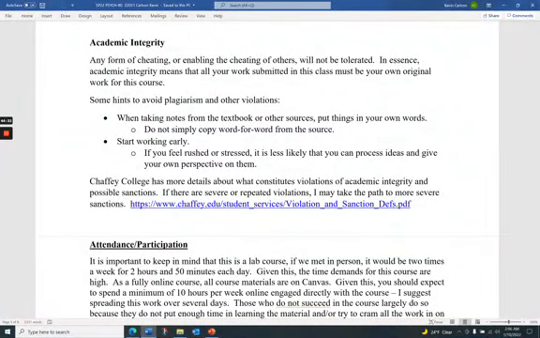Also, a big key to this class is to start working early. So again, work early each week. So start work Monday, Tuesday, Wednesday at the latest. Take several days to work through the week's work. That would be helpful, but start early because what happens is if you do things late, it puts a lot of time pressure on you.